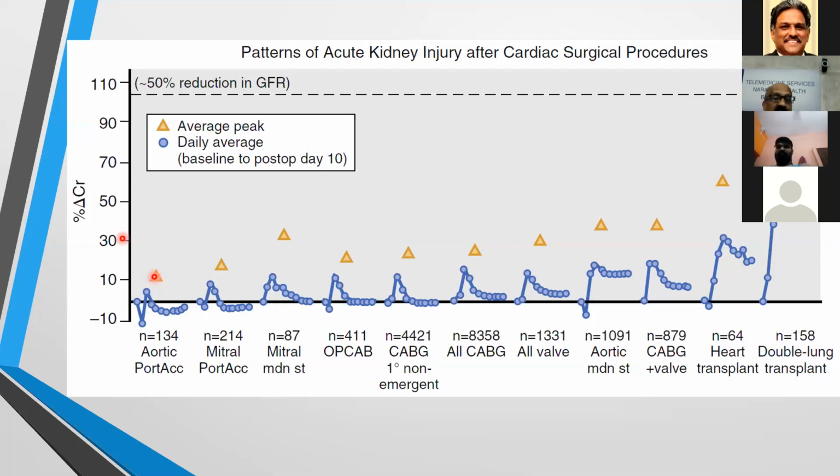For example, this is the aortic port access surgery, mitral port access surgery. This is the mitral mid-sternotomy group. This is the off-pump CABG group. This is the CABG group on pump, and this is the valve heart surgery, aortic mid-sternotomy. This is the combined procedure, CABG plus valve procedure, this is heart transplantation, and this is the double lung heart transplantation. So from the left side to the right side, as you progress, the severity or magnitude of the surgery increases. With that, there is increased incidence of acute kidney injury, manifest as an average increase in the severity of